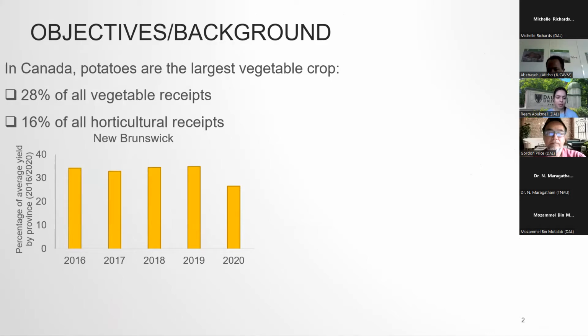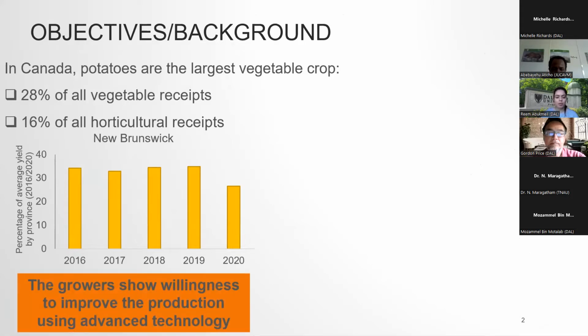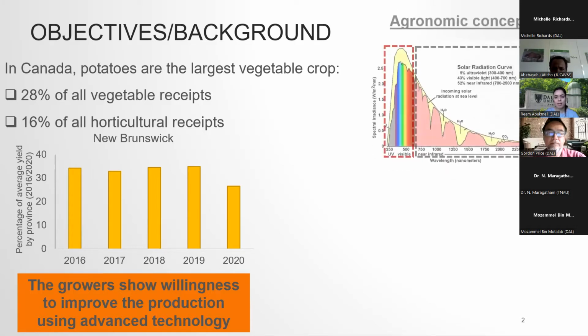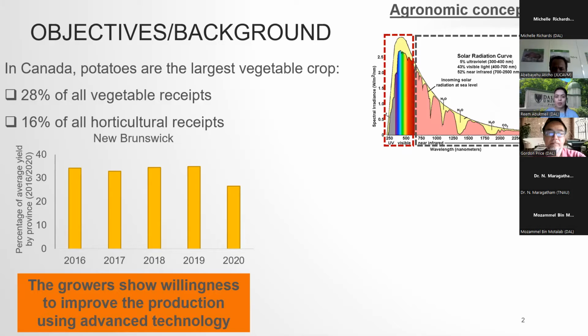production. However, as you can see here, within the years, the production is not increasing, and that was the reason we were approached by the farmers, who are willing to improve the production of potatoes using more advanced technology, as they have used traditional farming until now in terms of estimating the nutrients and the nutrient deficiency for potato plants. And it's very well known now in recent years, the approach of near-infrared spectroscopy and the